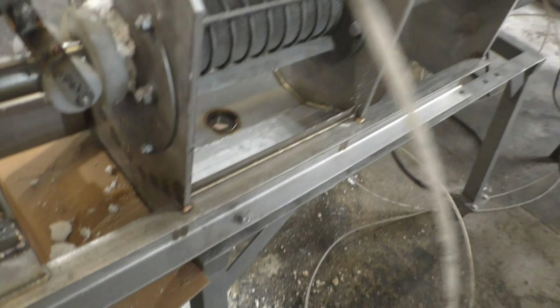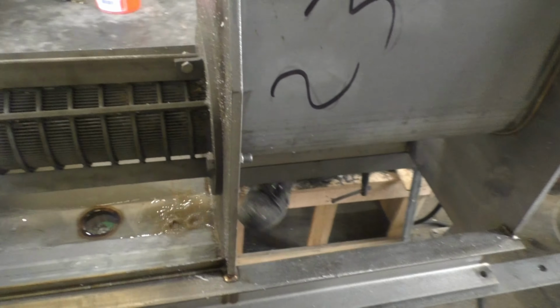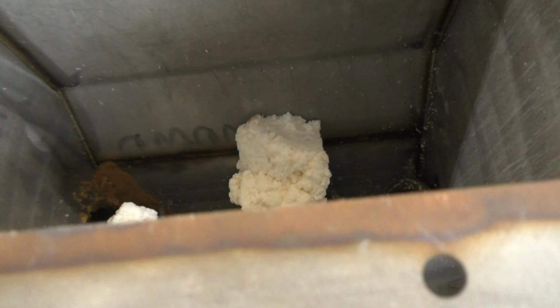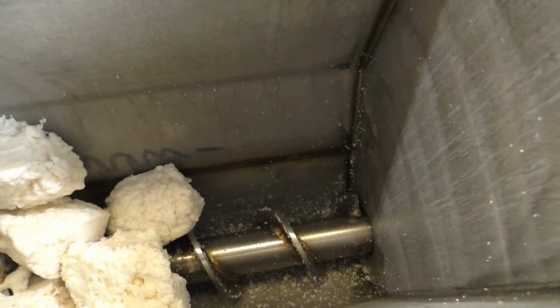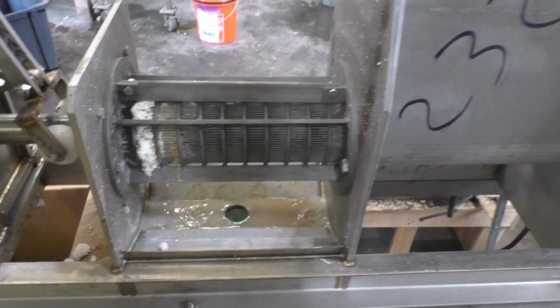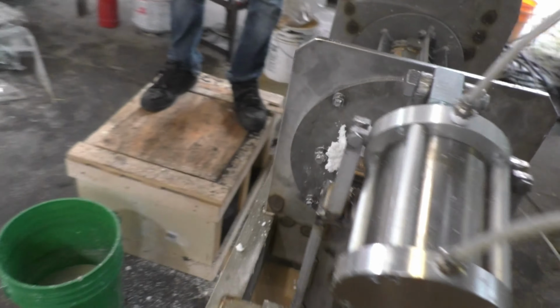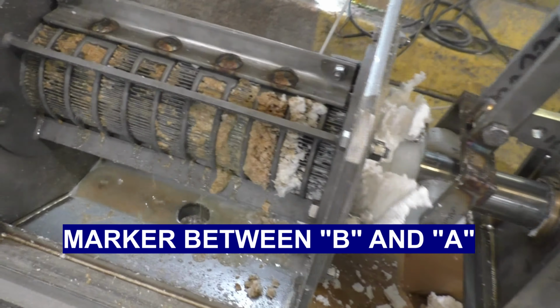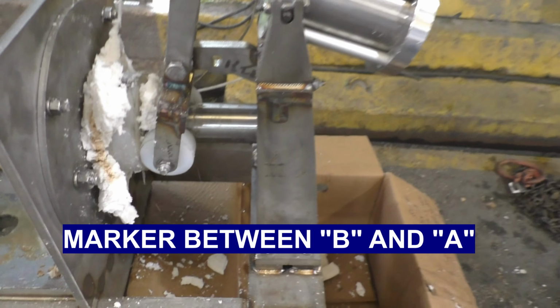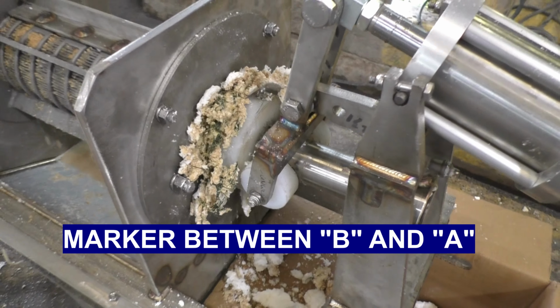This is the previous material that we were running. This is the C sample. Right away we're getting some liquid out. And you can dump the whole thing in there, or just let it feed itself. There's my marker coming through. And there's my marker coming through. There you see the marker. And so now I'm still getting that